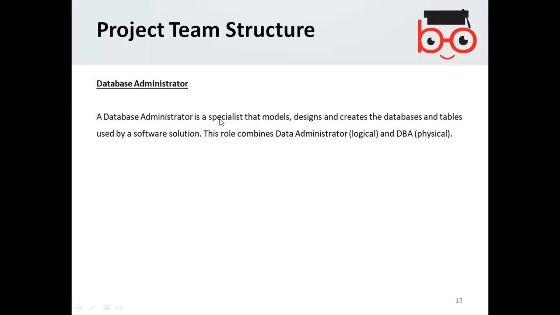Database administrator is a specialist that models, designs, and creates the database and tables used by the software. The role combines data administrator at a logical level and database administrator at the physical level.